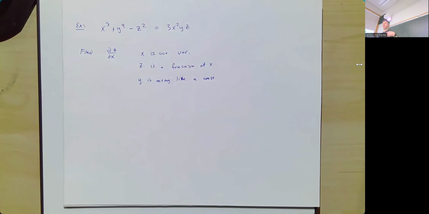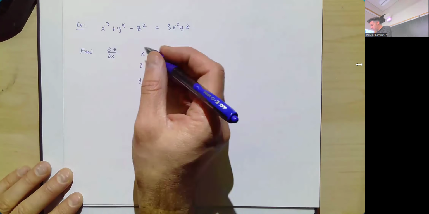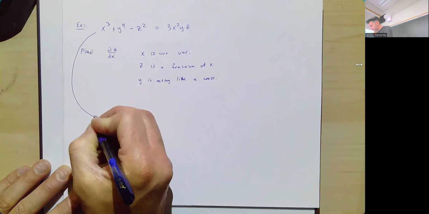Which makes sense if we think about what del z del x really means. Del z del x asks you the question, how is z changing as x is changing? You know what's not changing in that sentence? Y. Right? As x changes, what's z doing? No one's asking about y. No one cares about y in this problem. So when we start taking derivatives, we're going to say, okay, great, y is going to be a constant as far as we're concerned. So taking the derivative of both sides,